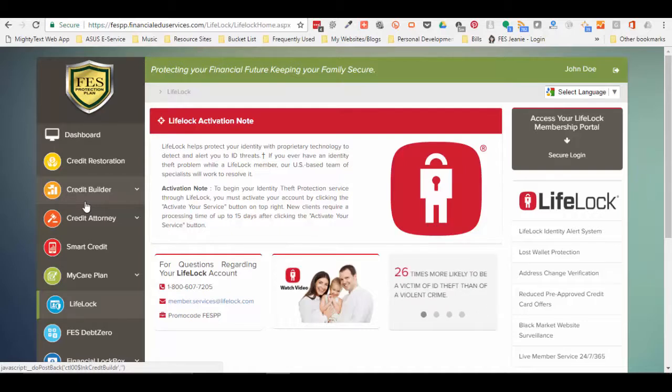So once you come to the LifeLock icon and you select that, you want to read the information here on this page. Now, the activation note says to begin your identity theft protection service through LifeLock, you must activate your account by clicking the Activate Your Service button on the top right. New clients require a processing time of up to 15 days after clicking the Activate Your Services button. So you're going to receive an email from LifeLock with your login credentials so that you can log into your